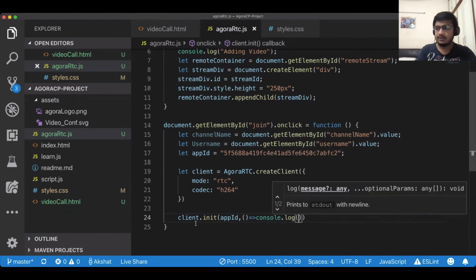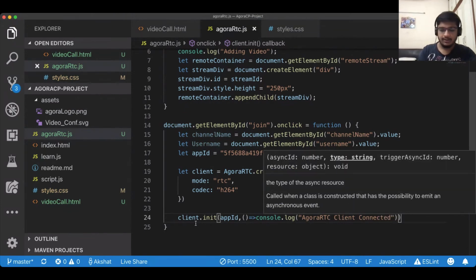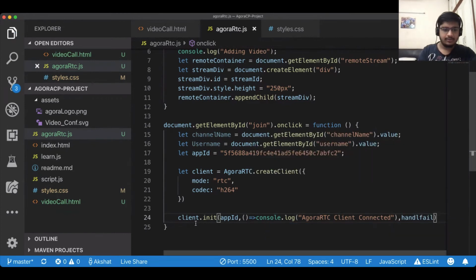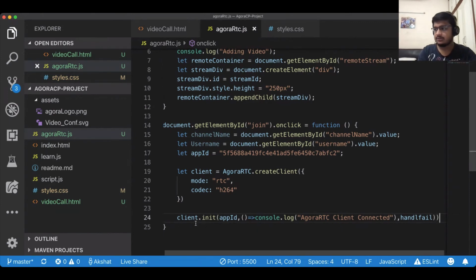Now I'll create a custom callback inside itself, which says Agora RTC client connected. Okay, and let's use the handle fail in case it fails to generate whatever was needed. This will come into picture. Okay, the equal number of brackets.